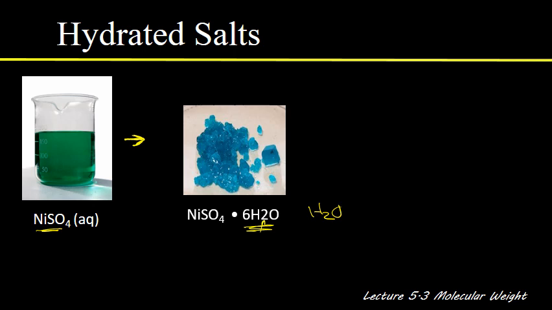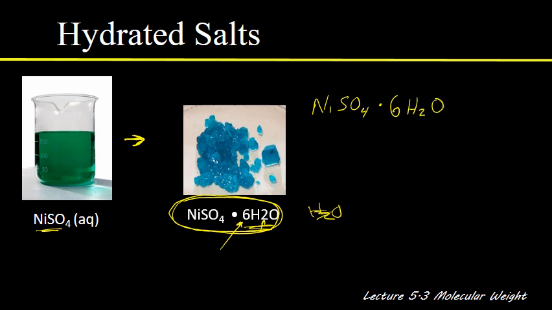You're left with water molecules in with the nickel sulfate, and usually there's a well-defined stoichiometric ratio. So in this case, with nickel sulfate, when this happens, each nickel sulfate has attached to it 6 water molecules, and that's called a hydrated salt. And so we write that one as it shows you there, with a little dot, 6H2O,